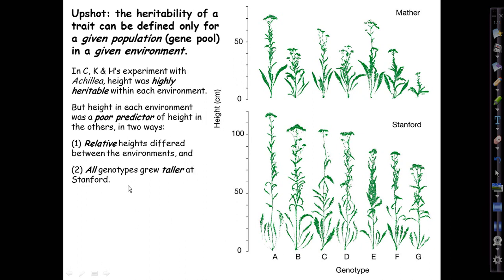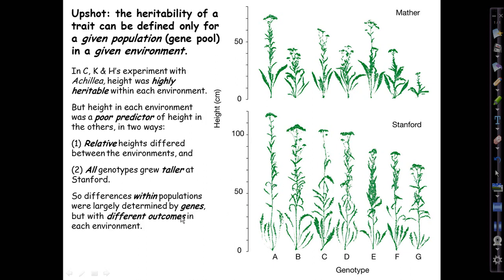And the second way in which height was poorly predicted between the environments is that all of the genotypes were substantially taller at Stanford. So differences within populations were largely determined by genes, but with different outcomes in each environment, and the large average difference between populations was entirely non-genetic,